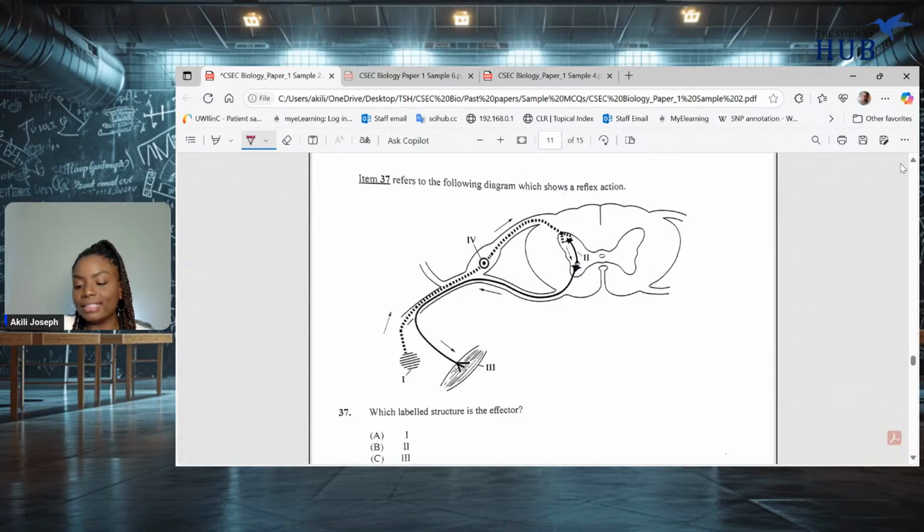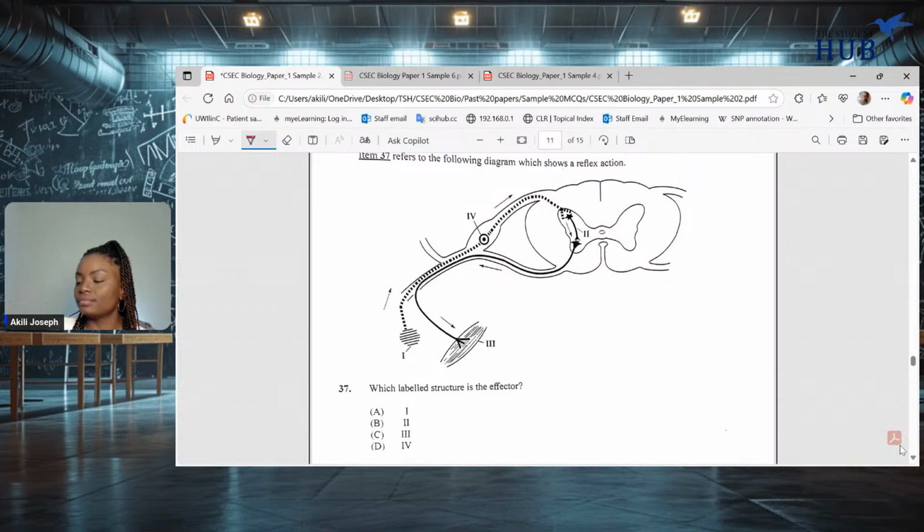Item 37 refers to the following diagram, which shows a reflex action. Which labeled structure is the effector? Is it going to be 1, 2, 3, or 4? So we're seeing that the effector here is C, right? Which is, in this case, going to be a muscle, right? So while we're here and we have the diagram, let's review the entire reflex arc. So you're going to have a stimulus. You're going to have a change in the environment, and that stimulus is going to be detected by